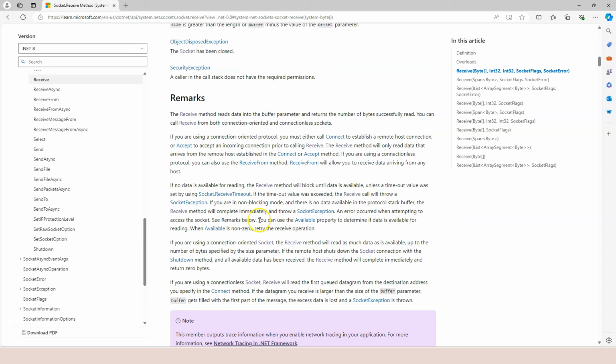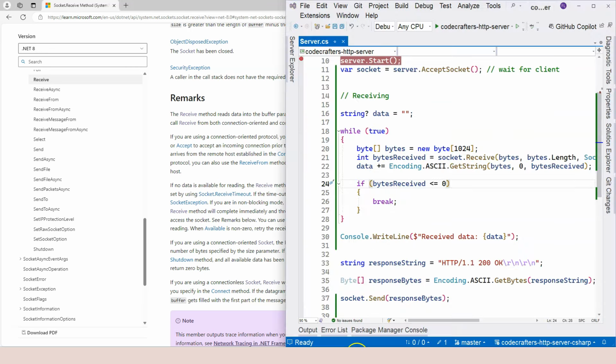So it says here you can use the available property to determine if data is available for reading. When available is non-zero, retry the receive operation. So what we can do is to use the available method here. So I guess we can use available